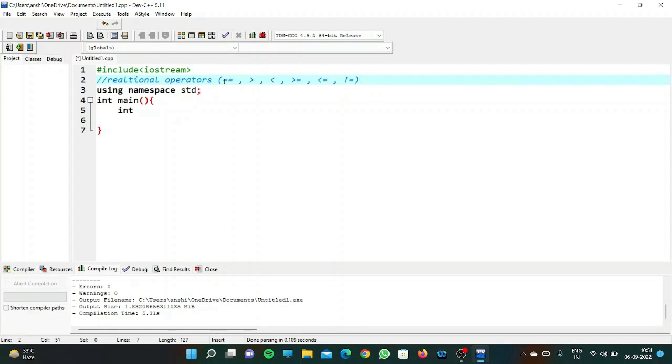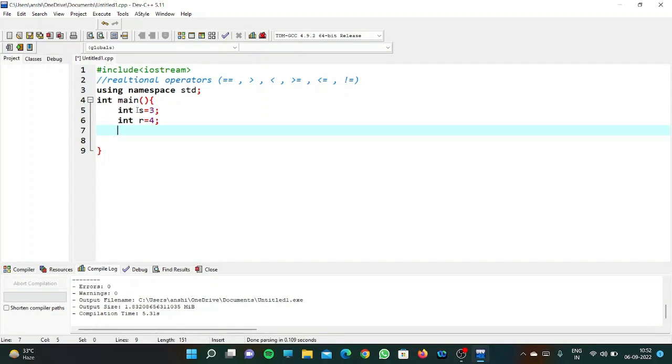So yeah, we've covered all types of relational operators. Now let's use them one by one. First one is double equal to, or we just simply say it equal to equal to. Let's suppose a variable s is equal to 3 and another variable r is equal to 4. So do you think the value of s and r is same? No, it's not. So this is what equal to means, that the value of both of the variables should be